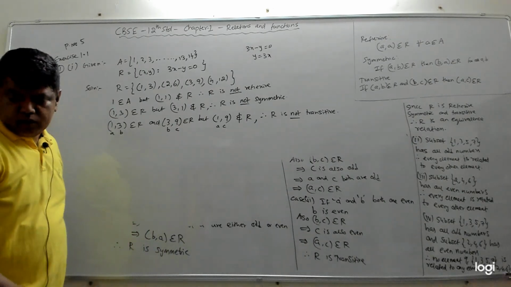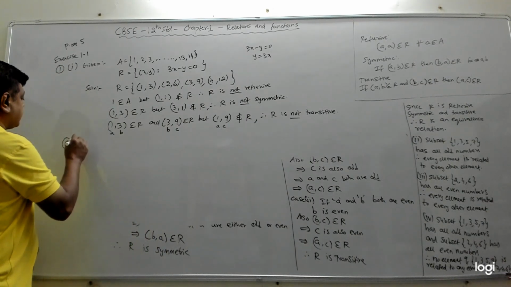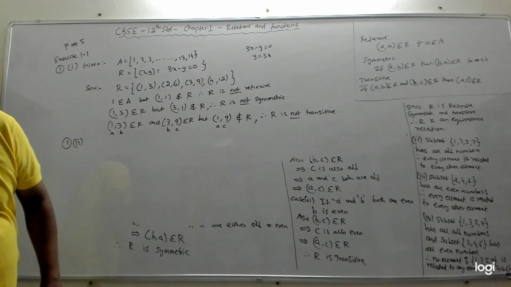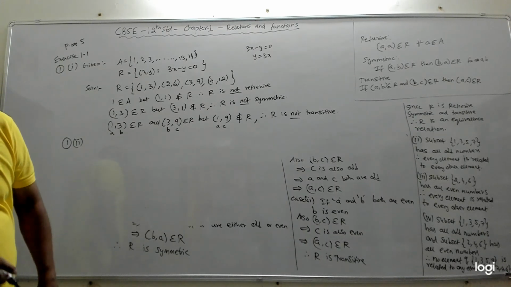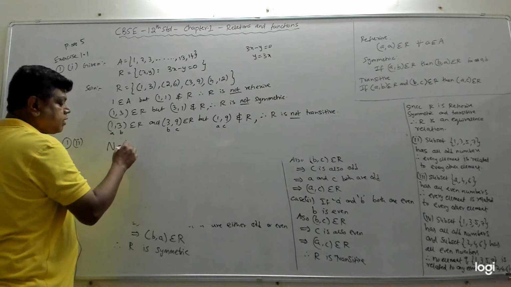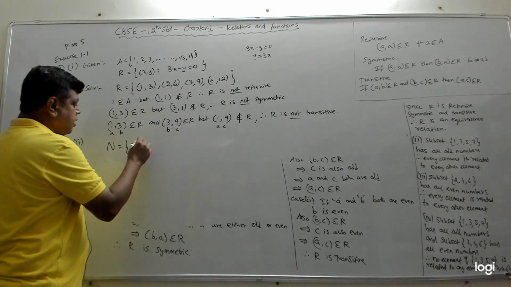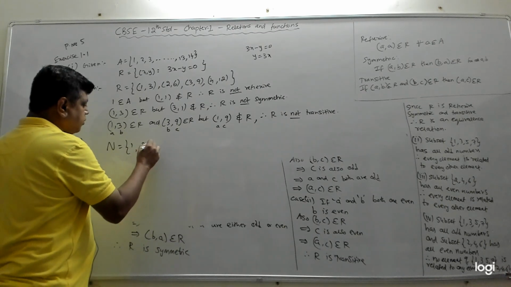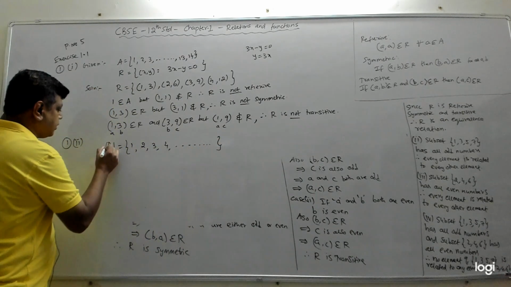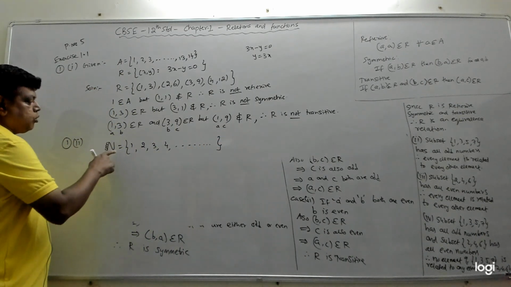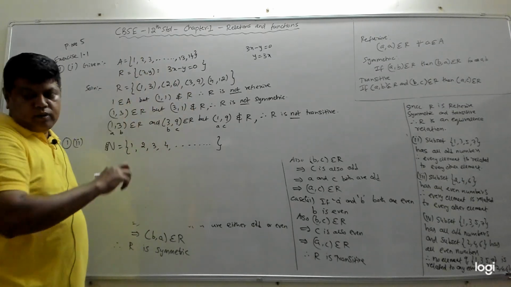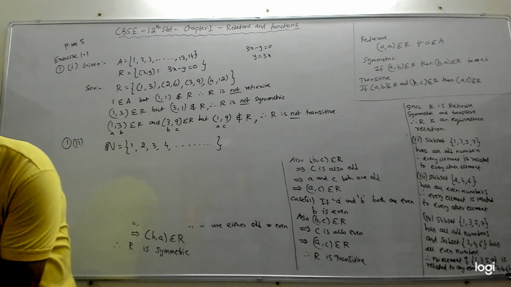In the first problem, second subdivision. And what it says is R is a relation in the set N of natural numbers. So our set A is N. N is the set of all natural numbers. Natural numbers are what? They start from 1, 2, 3, 4. It goes on. Now I will write it in this stylish N here. This denotes the set of all natural numbers. Natural numbers we know start from 1, 2, 3, 4. It goes on. A relation R is defined on that set.